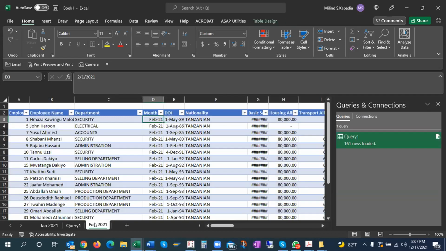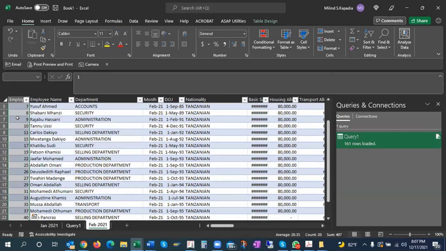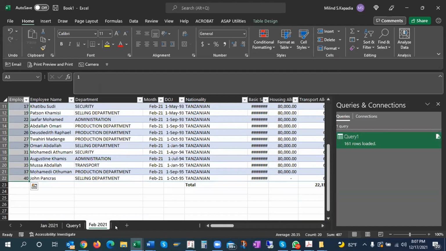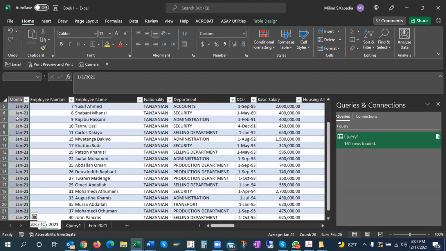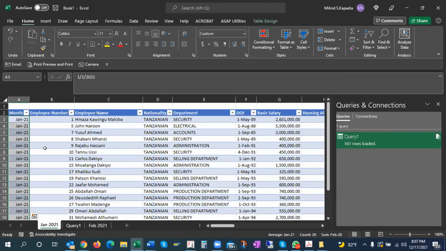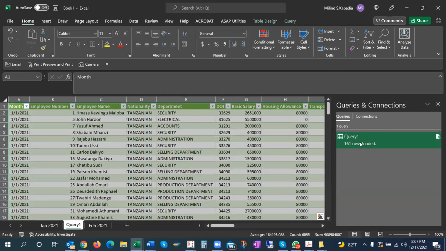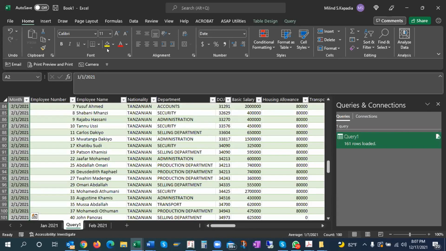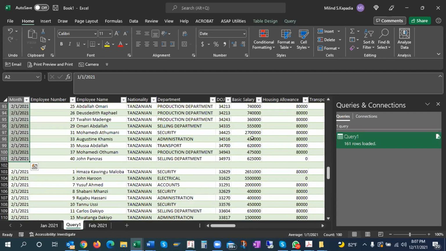Let me put one more thing. When we perform this, see what happens. See here, how many rows do I have? Only 20 rows, sorry. Here also I have 20 rows. So in total it should be 40. But here you see how many there are? 161. So what it does, it is multiplying. Even Power Query is considering this as another table and combining